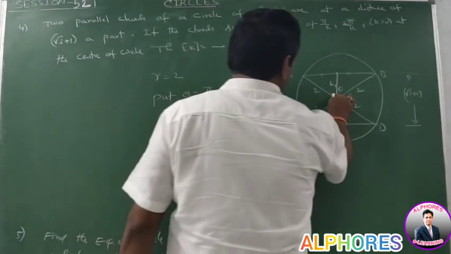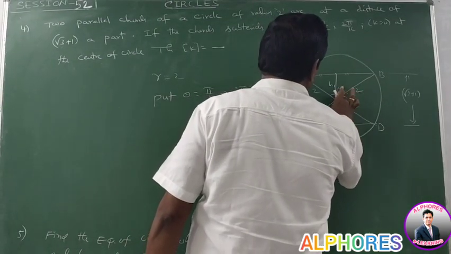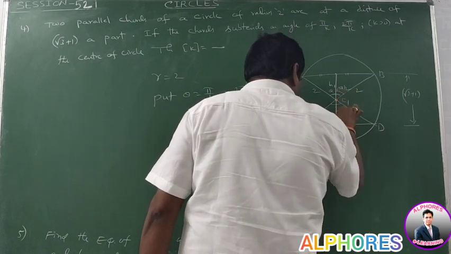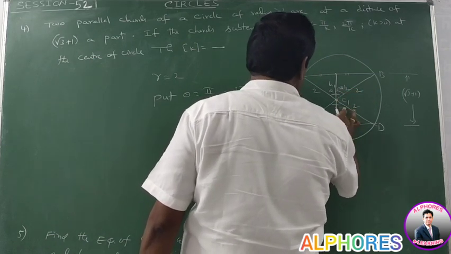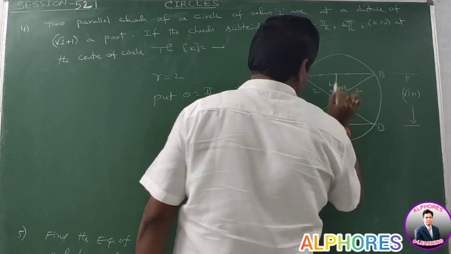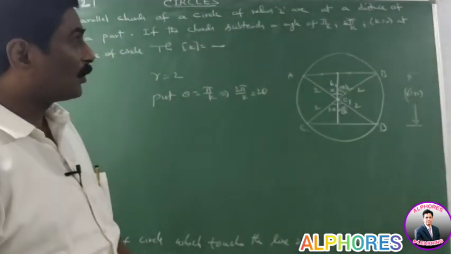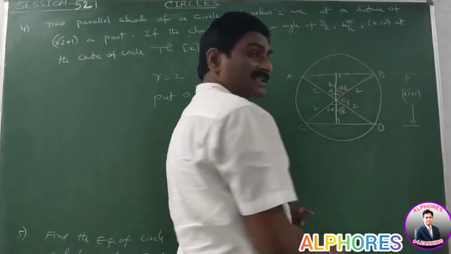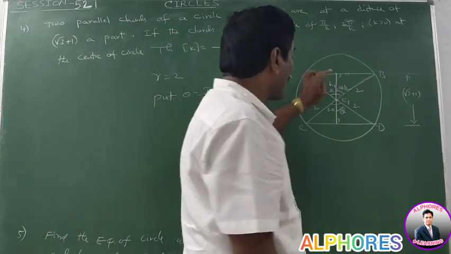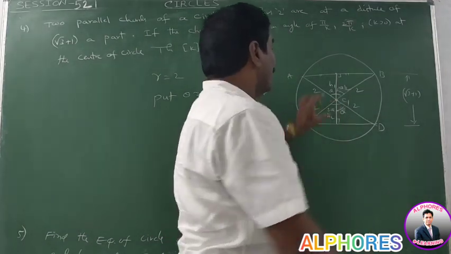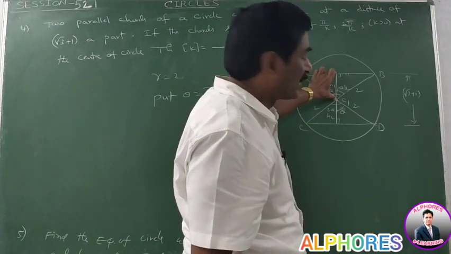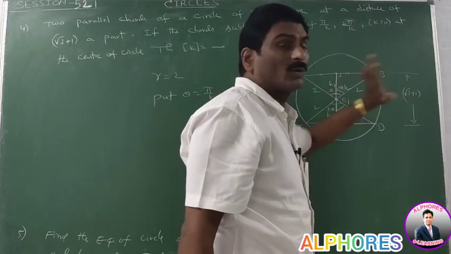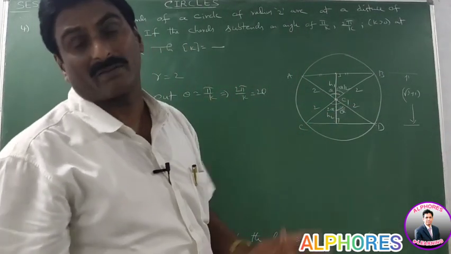This total angle is theta, that means automatically this angle is equal to theta by 2. This total angle is equal to 2 theta. Draw a perpendicular here also, automatically this angle is theta. By using the trigonometric values, this angle is 90 degrees. We find H1 and H2. H1 means the distance from C1 to this chord, H2 means the distance from C2 to this chord. H1 plus H2 is nothing but root 3 plus 1. By using that property, we find the value of k.